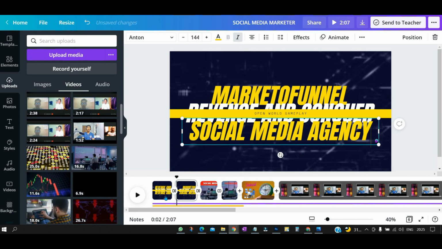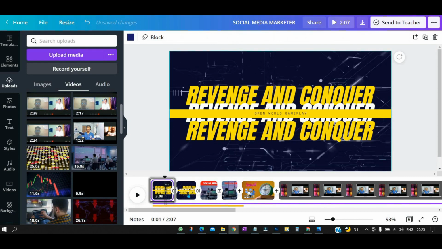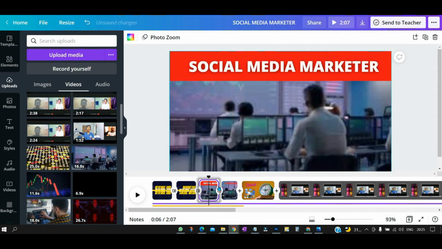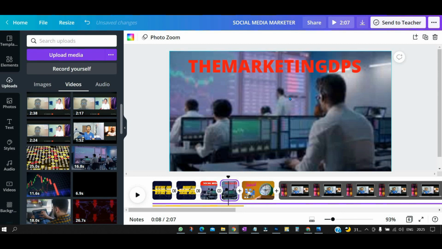So in this way you can see the same clip, but just by duplicating it we can write different text on the same clip. It will be very beneficial for you, or you can do it by splitting the clip, as I have already mentioned previously, right? So in this way you can duplicate and split the clips so that you can add different text to the same clip, which is even possible in Canva.